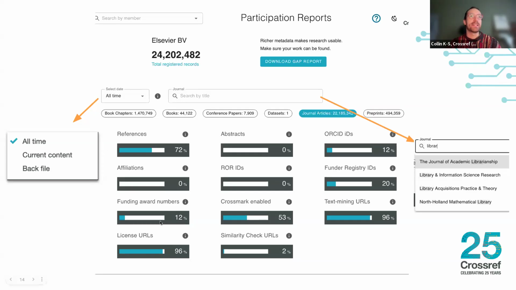They've done a really good job, for instance, sending license URLs to us. Almost 100% of their DOIs have a metadata field showing what the license URL is. Feel free to take a peek over at this right now if you'd like. You can also select in this box, you can switch between current articles or current content. That's things published in the present or past 2 years. You can also look at back file content if you like. That's things published 3+ years ago. And you can also look at different journals. So if you're interested in one particular journal and how it is scoring, you can search by journal as well.